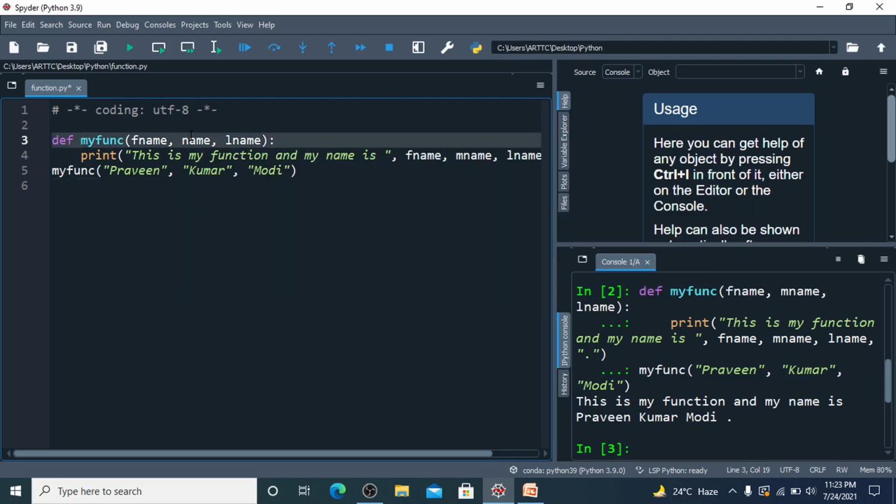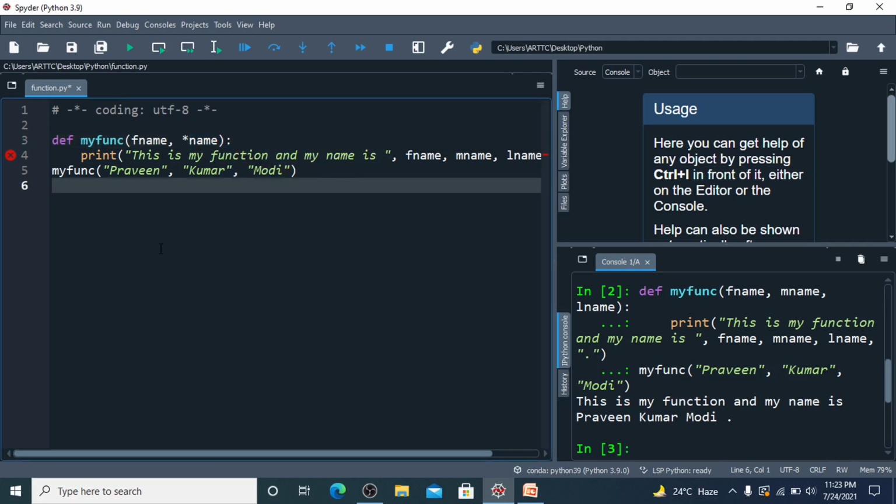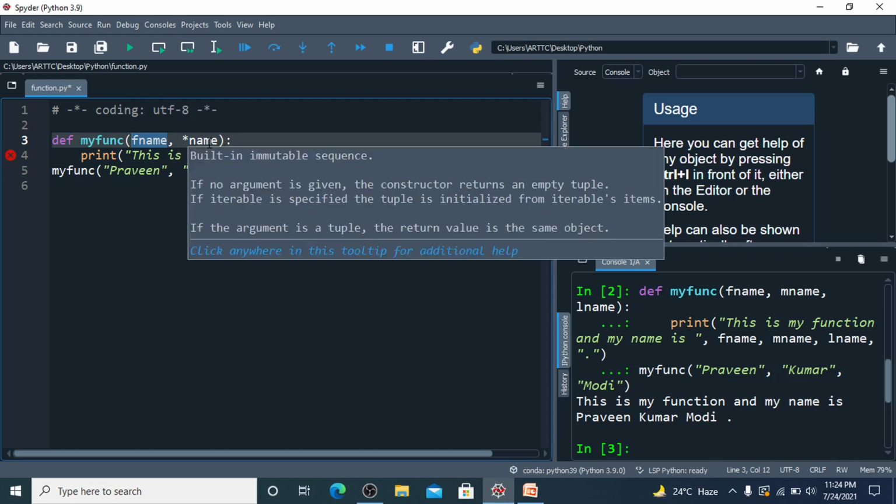We can use star name and remove this last argument. Fname is a compulsory parameter, so we have to pass a value for it. But for the star name, or star args, variable length argument, we can pass one argument, two arguments, three arguments, or any number of arguments.